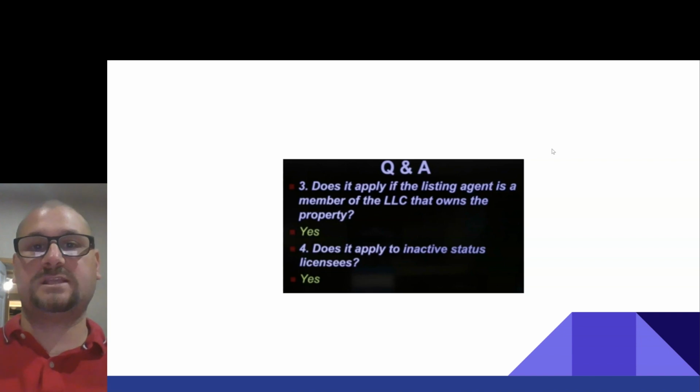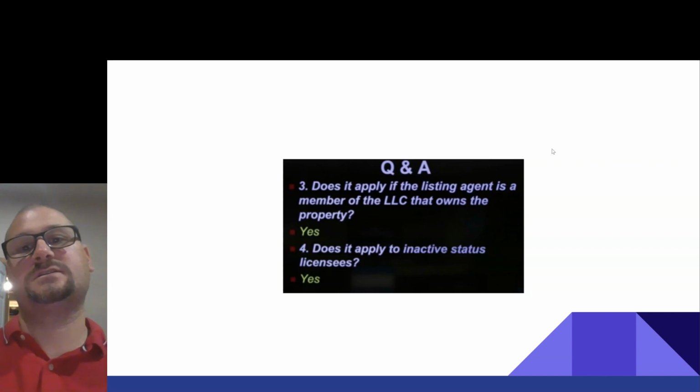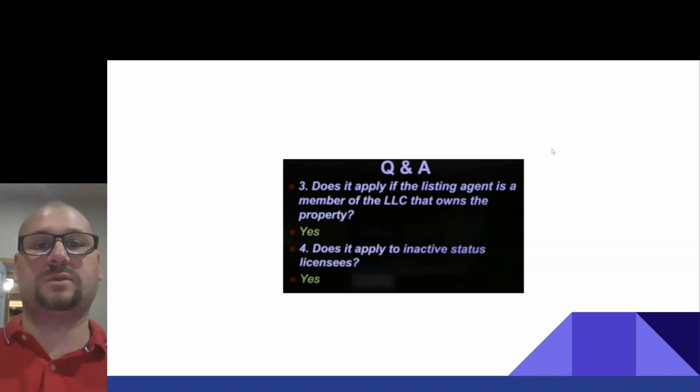Does it apply if the listing agent is a member of the LLC that owns the property? Yes. Still applies even if you're a business and you own the business and you're advertising it.